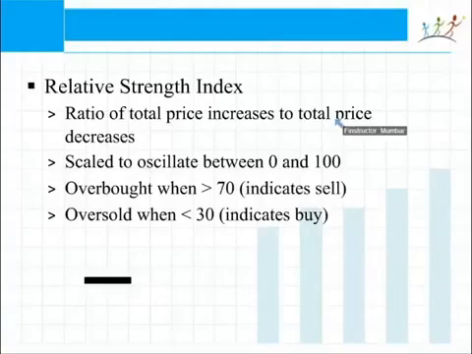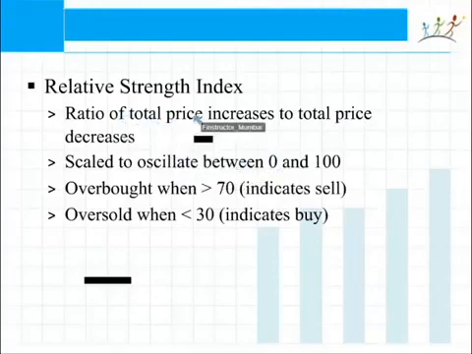Normally this index is used as a contrarian. Contrarian is a term used to identify the point where the analyst is expecting a reversal of the trend, or is expecting the opposite of what the indicator is indicating. So if the ratio of total price increases to total price decreases is high, it means that there are more buyers, or a lot of buying activity. So the technical analyst will normally use this as a contra indicator.